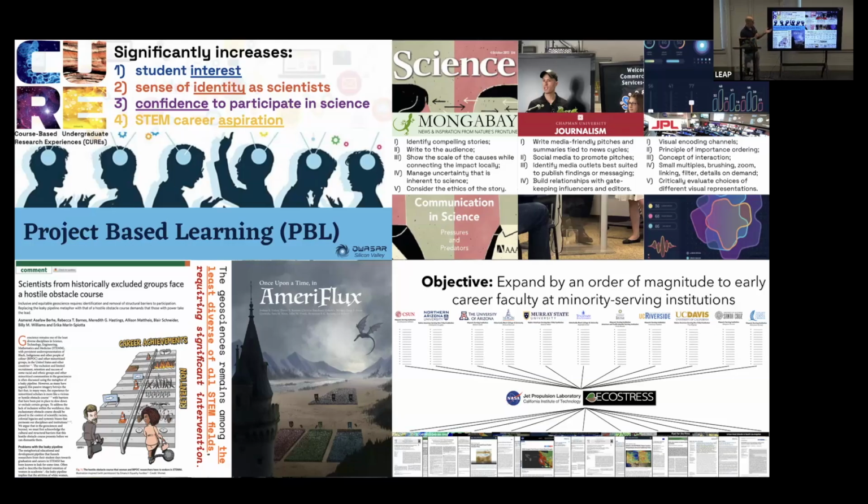And what's interesting is that it's also creating an identity of scientists at a very early age for historically excluded demographics. And so what we're also seeing is that the diversity, equity, and inclusion of the geosciences, which is historically the least diverse of all the sciences, is now increasing because of pedagogical techniques of creating identity and independence and access to the data in science.